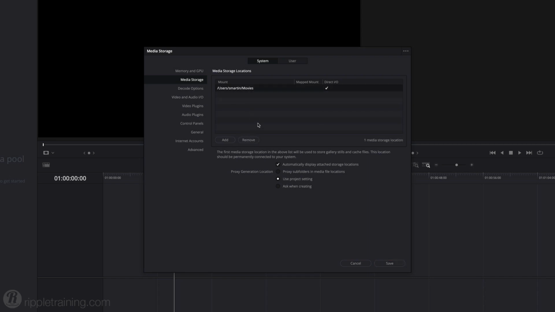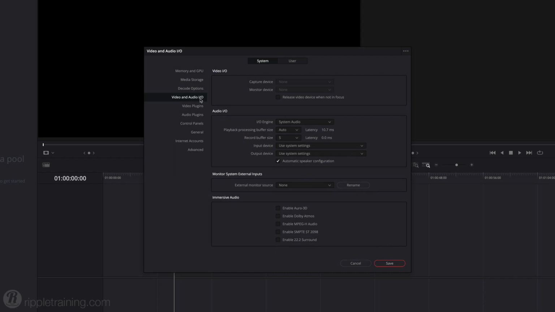Let's take a quick look at some other system settings. If you plan on using video and audio interfaces with Resolve, you would configure them in the Video and Audio I/O section. These would typically include Blackmagic Design I/O boxes connected to your computer and audio interface equipment. If you have a control panel you want to use for grading, you would set that up in the Control